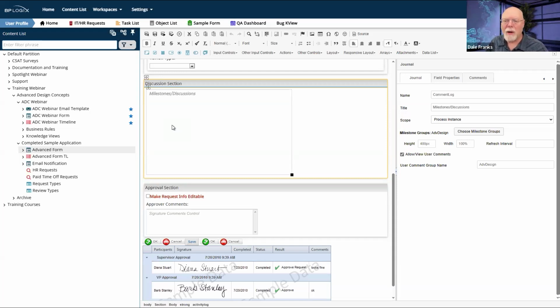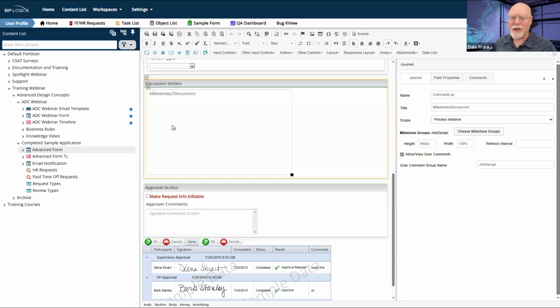So we would recommend the journal control rather than the comment log control in any scenario where you want to take user comments and where those comments might result in some form of back and forth discussion, and you want to be able to track each of those discussions separately. It's just much easier to follow in the journal control, because all the comment log control does is just lay out a chronological list of comments that were received. So if you're having any sort of discussions, it's hard to follow.